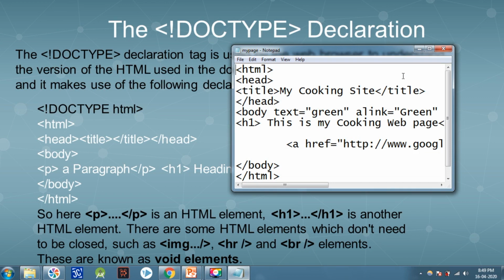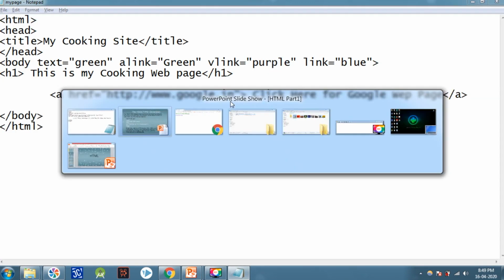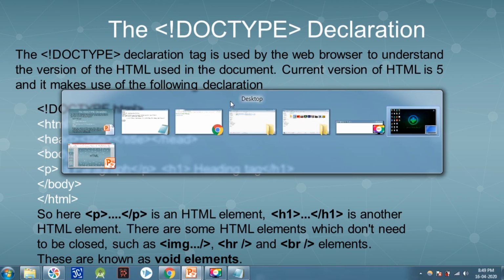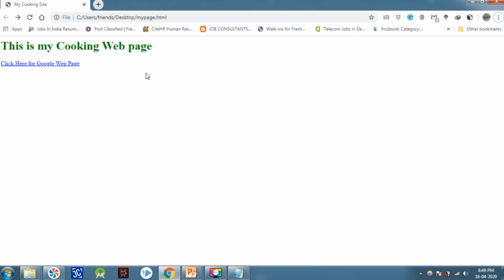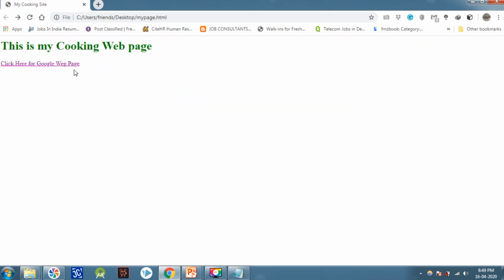The code will appear in front of you. Save it, come to the browser and refresh it. Click on this. Now you can see the web page has been opened, because google.com is not only www.google.com. Now you can see the link color has been changed.